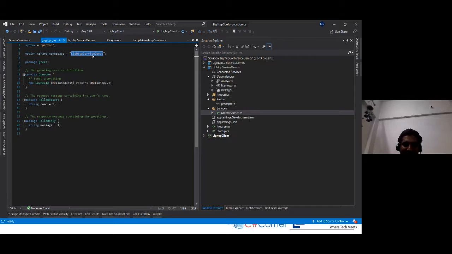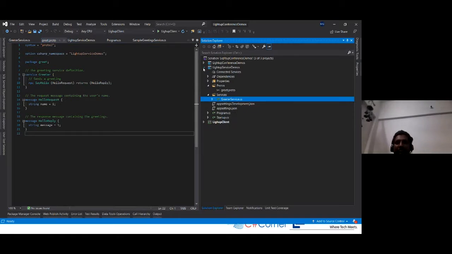This is our C# namespace. This is the package which is used internally while generating a service interface. And this is our service definition. These are the messages, and these two are message types which will be used at the service end.